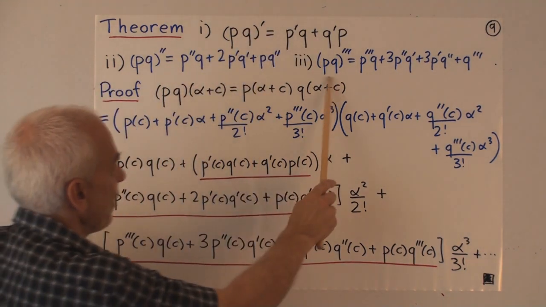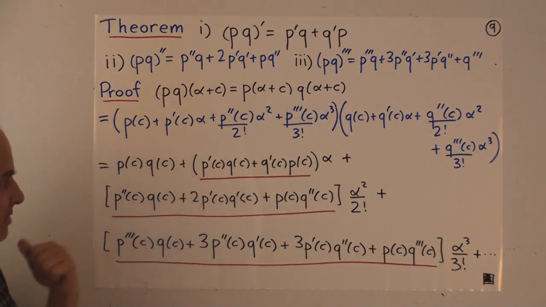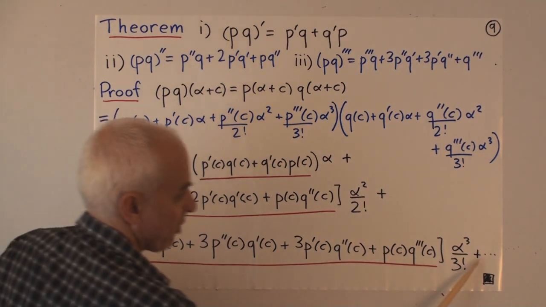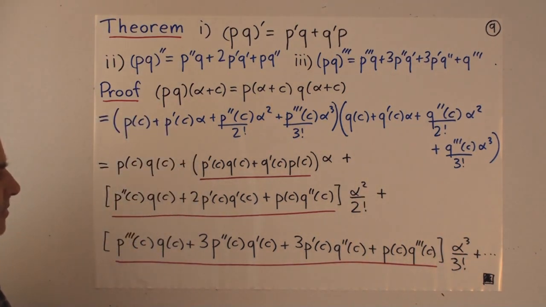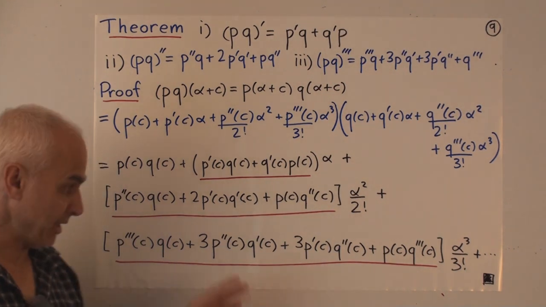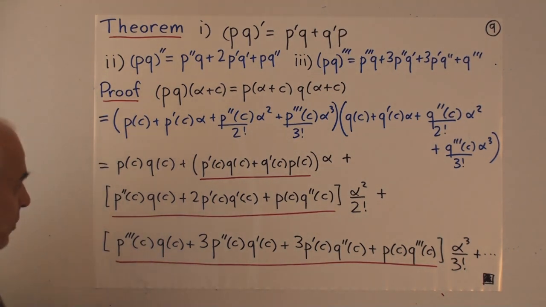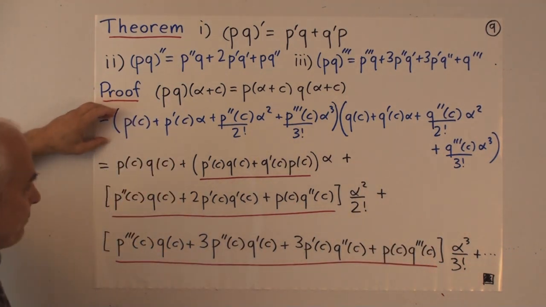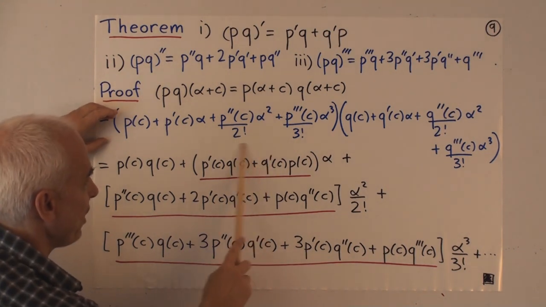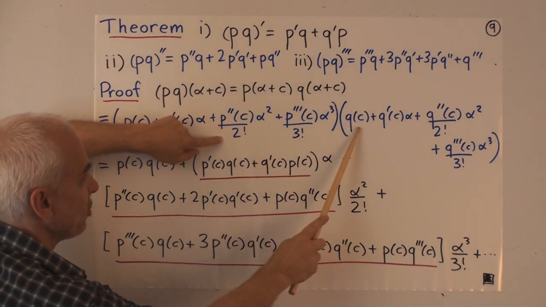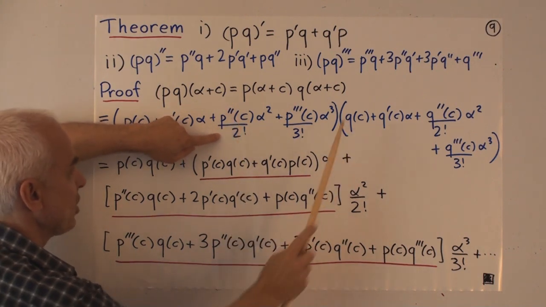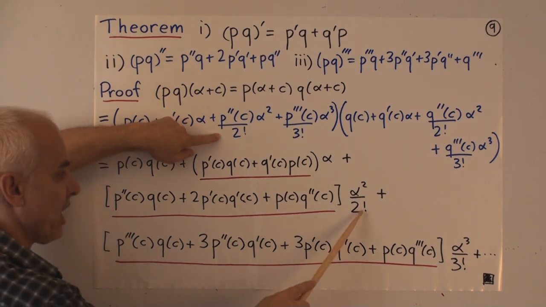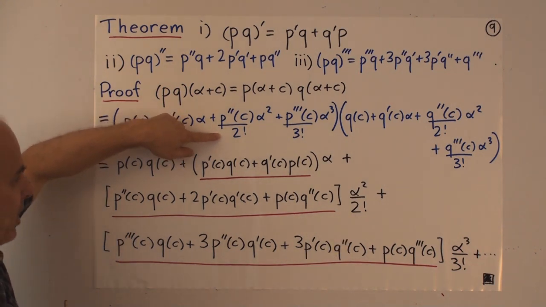And how do we get these formulas here? Well, we just carry on with this expansion. We just write out where the powers of alpha squared appear, and what all the powers of alpha cubed are. Let's do the alpha squared terms, and I'll leave this one for you to check. So where do we get alpha squareds when we multiply this polynomial by this polynomial? Well, we can get an alpha squared here: this term times the constant term here. So that'll be p double prime of c times q of c divided by 2 factorial. What happened to the 2 factorial? Well, I took it out here. Okay, so that's one term.